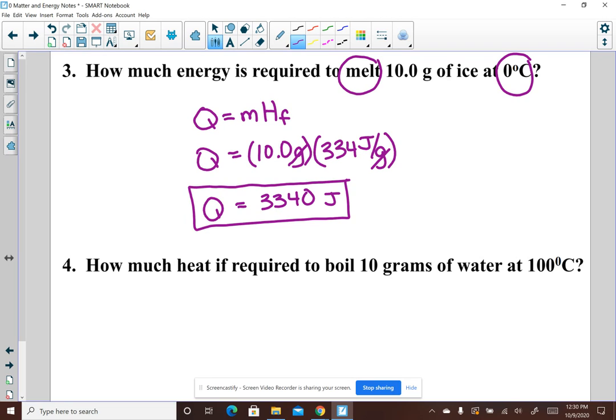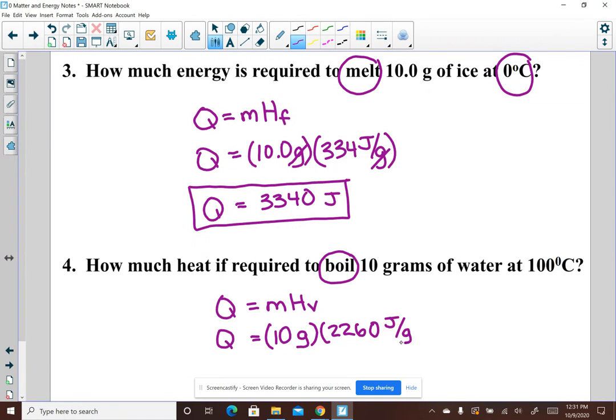Okay. Last formula, guys. This is the only one that's going to be different. This time they're telling us that my water is boiling. Okay, so boiling means it's a phase change, and I need to use this formula because I don't have 2 temperatures. So my mass is 10 grams. Heat of vaporization, again, that's a number you have to memorize. They don't specify a unit, so I'm going to go with joules. You can go with calories too, it doesn't matter. And when you put this in your calculator, you get